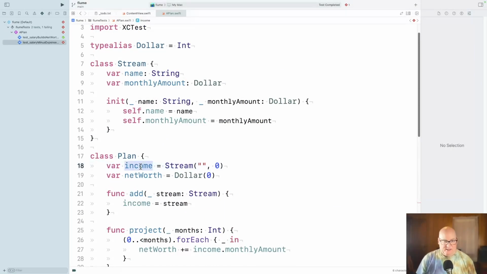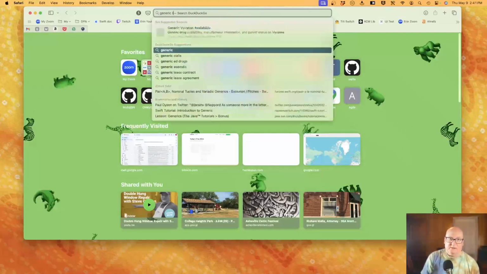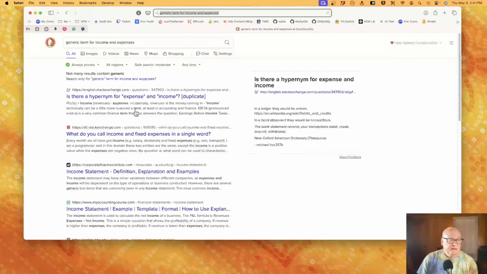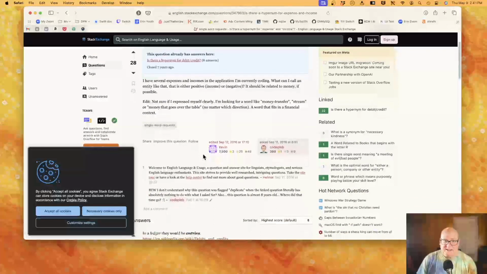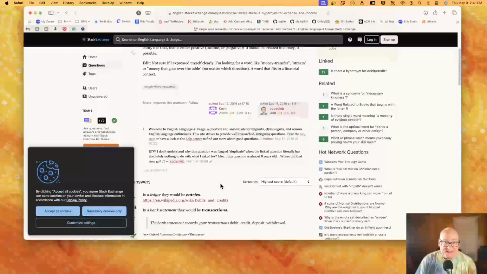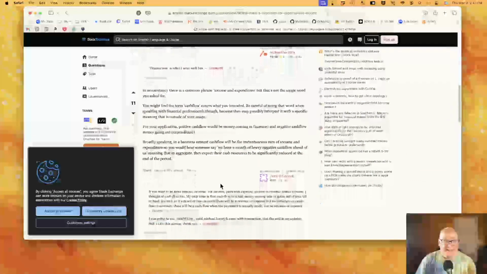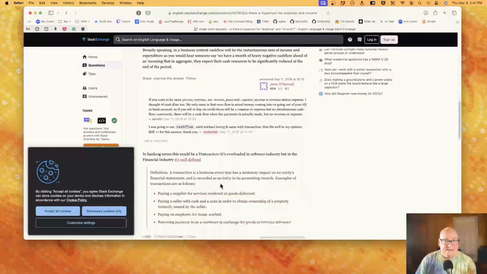And this is why I hate the word income here. Is there a finance term, a generic term for income and expenses? Yeah, I'm writing an app with income and expenses. Entries, transactions. Yeah, cash flow.